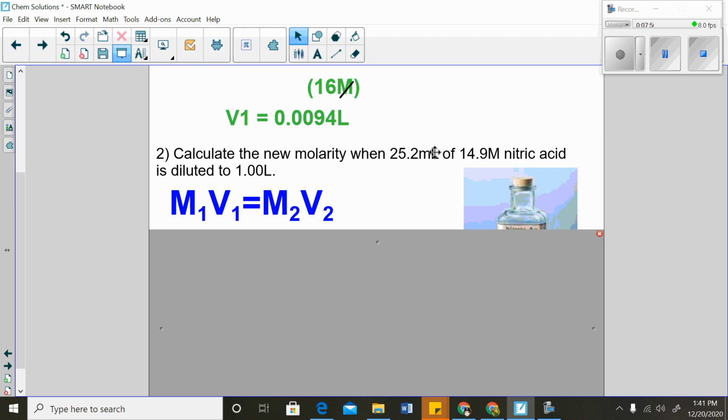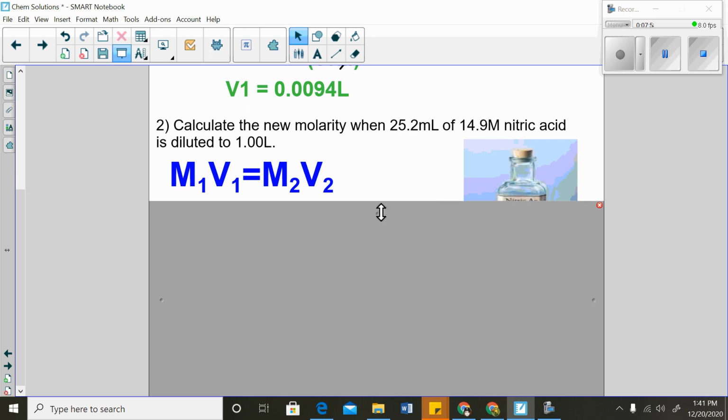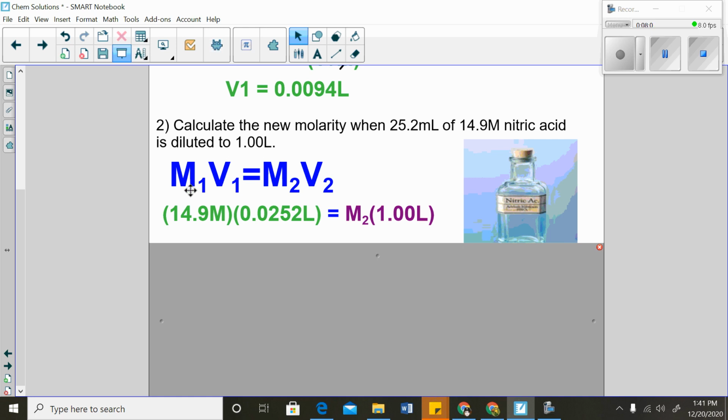Okay, so our equation does not change, but the parts of it that we have do change. And you have to be careful with this 25.2 milliliter. You need to solve in liters. Okay, molarity is always in liter. All right, so my stock solution is 14.9 molar. Notice what I have here. You take 25.2 and divide it by 1,000, and you get 0.0252 liter